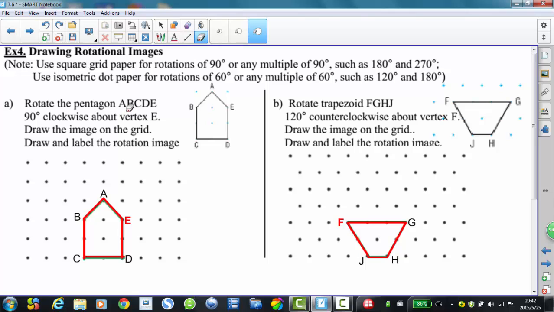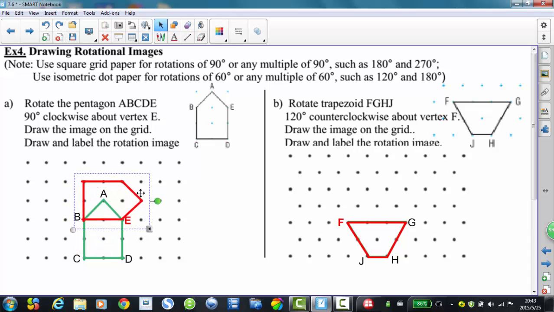Rotate the pentagon ABCDE 90 degrees clockwise about vertex E. Draw the image on the grid. Draw and label the rotation image. If you have a little bit of trouble in rotating this pentagon ABCDE about the point E, you can use the tracing paper to help you. So here, I want to rotate this one around E. So E should be a fixed point. So rotate 90 degrees